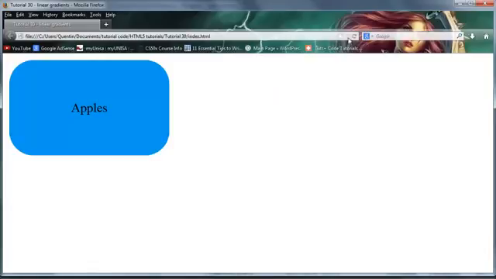So let's go back now to Firefox and click refresh, and I hope you guys can see this, but we now have a gradient that starts as a really dark blue down here and fades up to a much lighter blue. Okay,